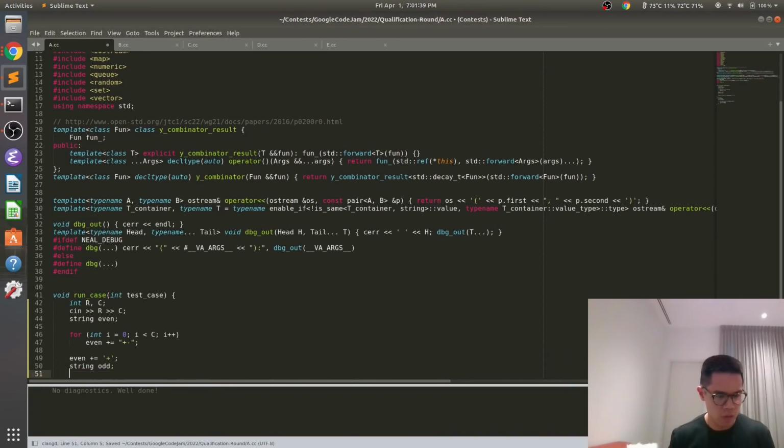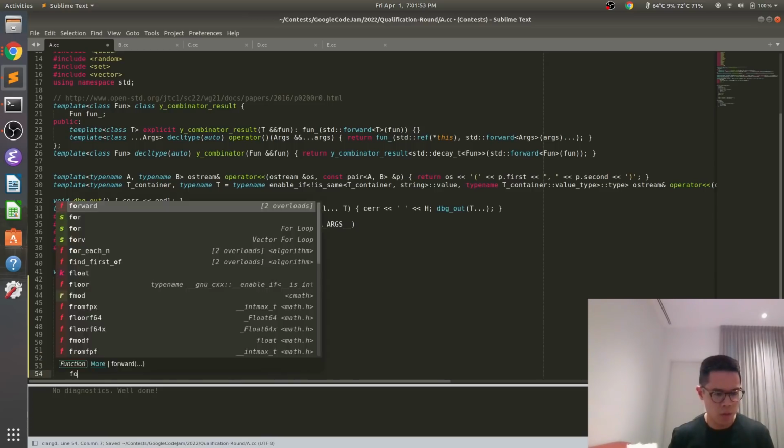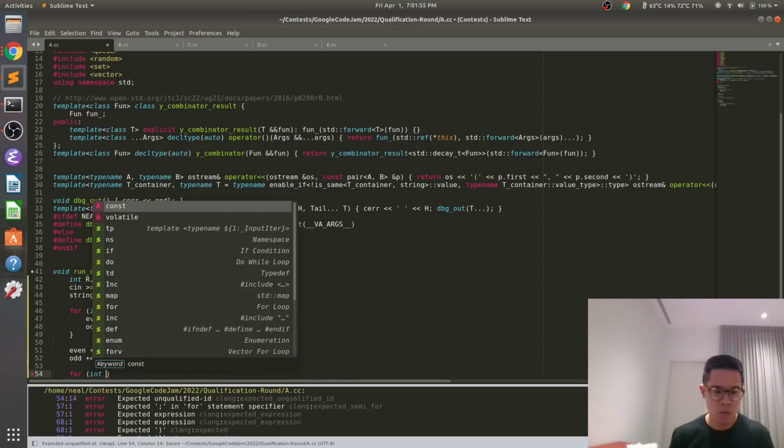And then there's going to be the odd string, which is actually very similar, so we can do this. It's going to be like that. And then we're going to do